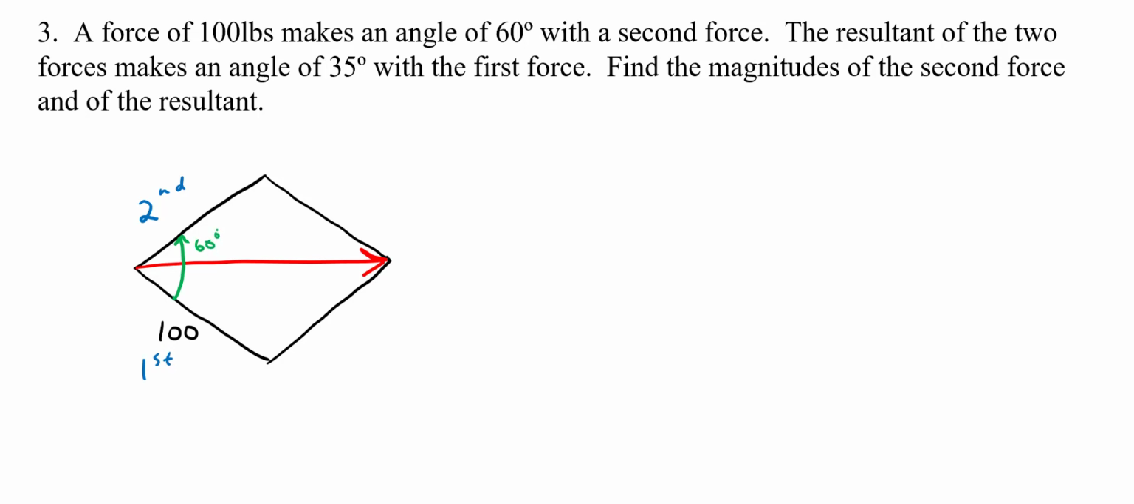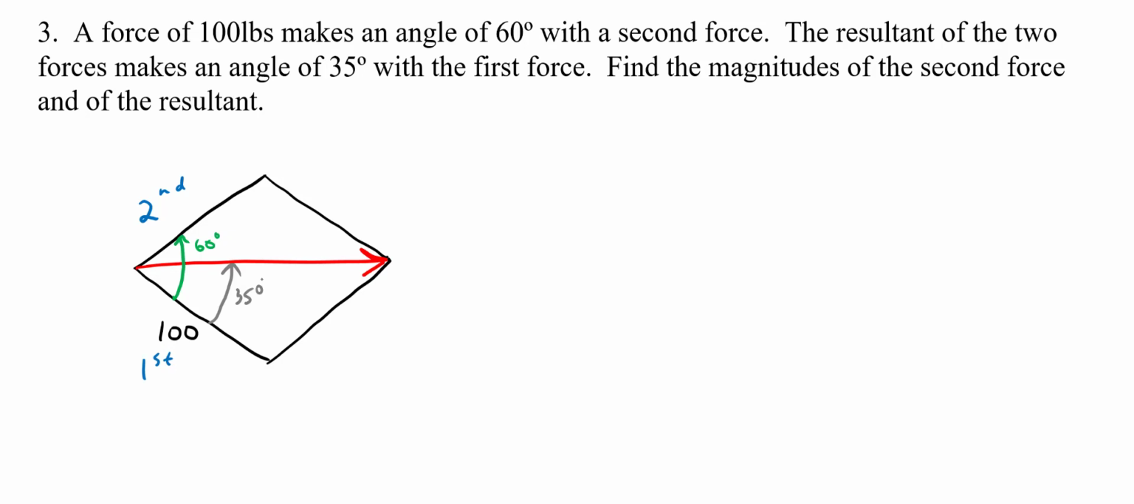The resultant, that's the red one, makes an angle of 35 degrees with the first force. So this is 35 degrees. Find the magnitudes of the second force and of the resultant. Okay, so this is all the information you're given. Plenty of information. You just have to manipulate and draw, move sides and angles around using your properties